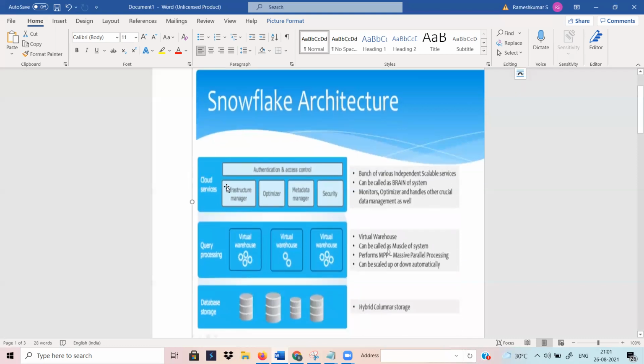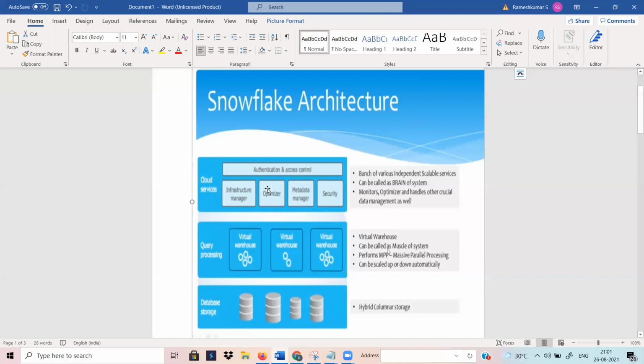Then the final one is the cloud service layer. This cloud service layer is for metadata management. Whatever data you are storing, the metadata will be stored here only in the cloud services, and also optimization, security and infrastructure. Everything is under the cloud services.